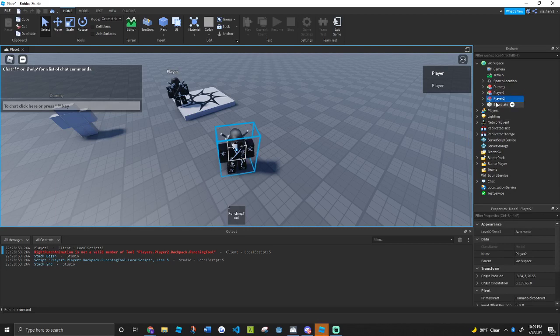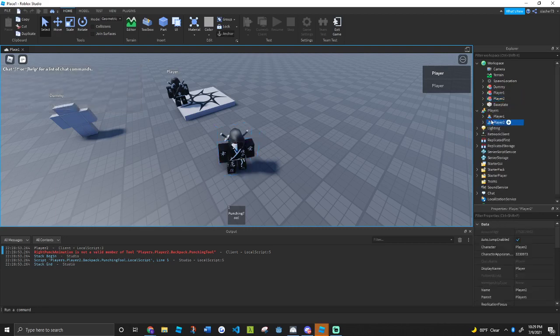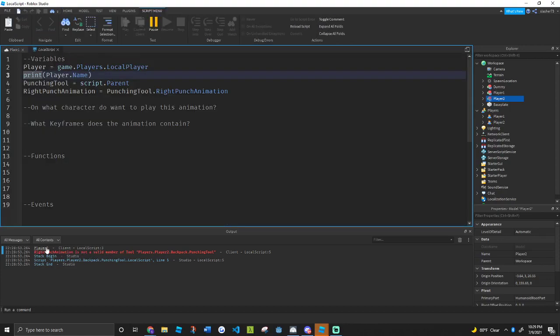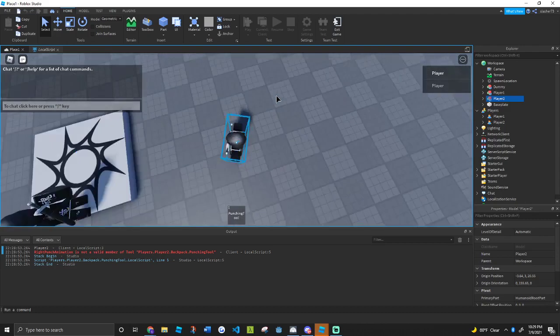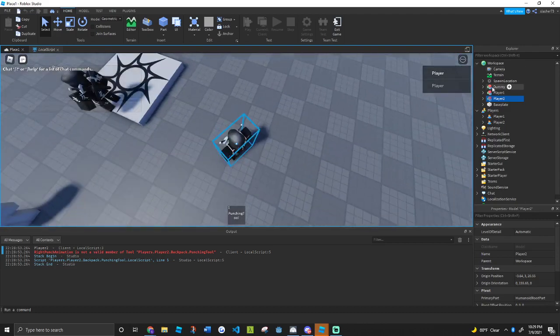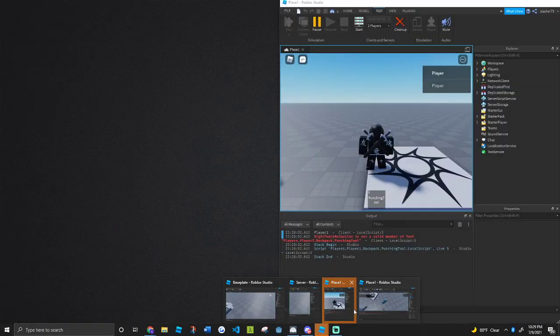This is player 2's character, and this is player 2, the player. So when I see in the output that player 2 has printed, that's because on this client the local player is player 2. But if I go to the other client,